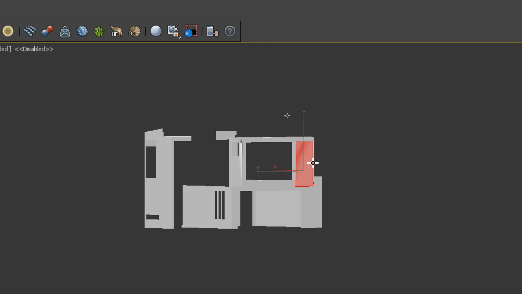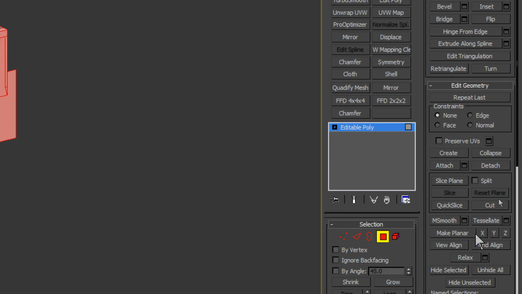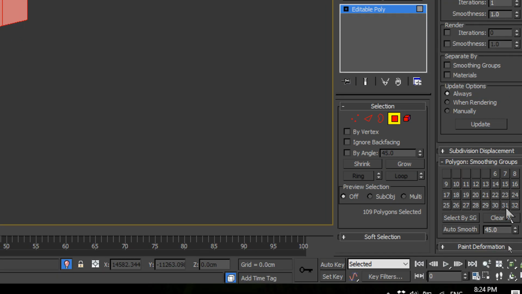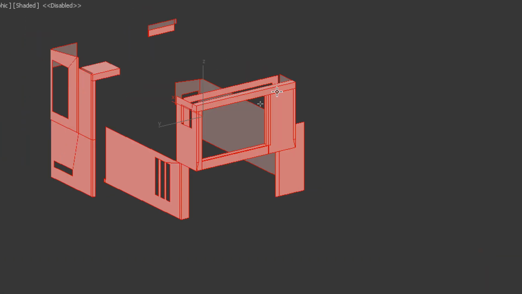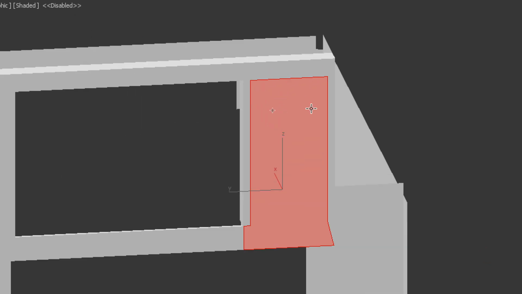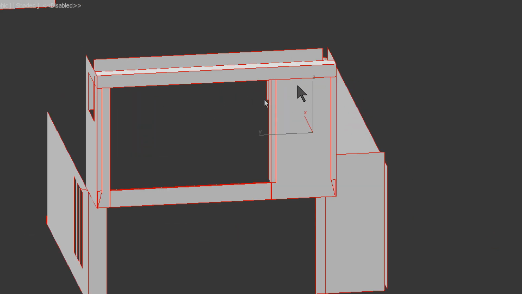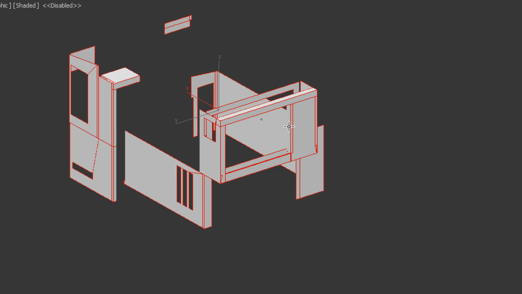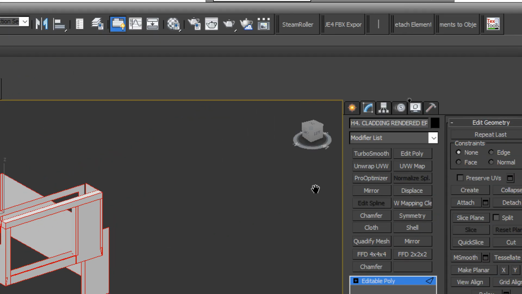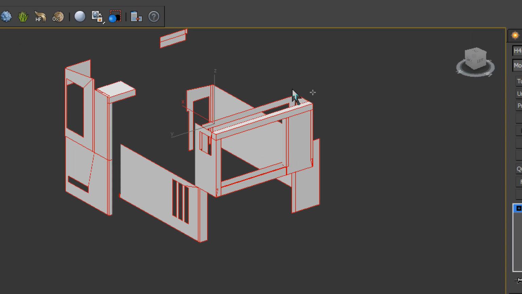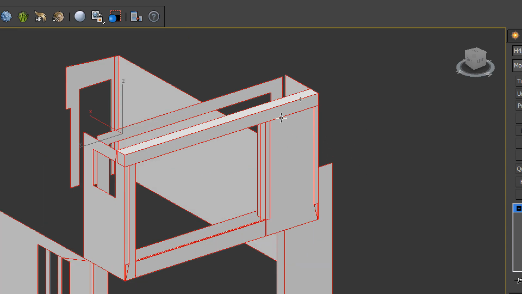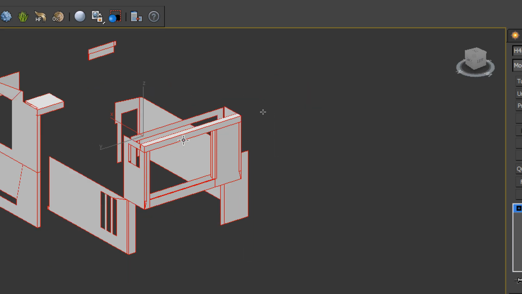Not only is it a smoothing group issue, because potentially if I select it and I go down to my smoothing groups, clear all, auto smooth, it may not disappear. Clear all, auto smooth. It did, luckily, thank God. Sometimes these don't disappear because when we first bring them in from the mesh, when we import the Revit model, and it's in an editable mesh state, and we haven't turned the invisible edges to visible, and we try to auto smooth, there's still some weird funky stuff going on there, and it can mess up our